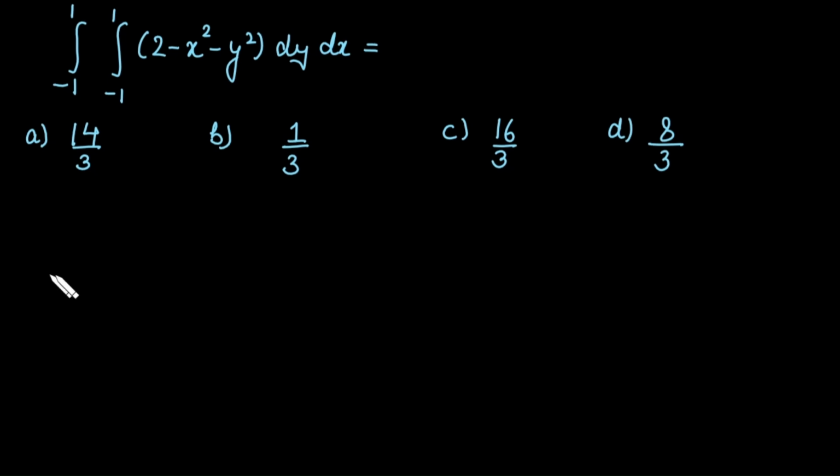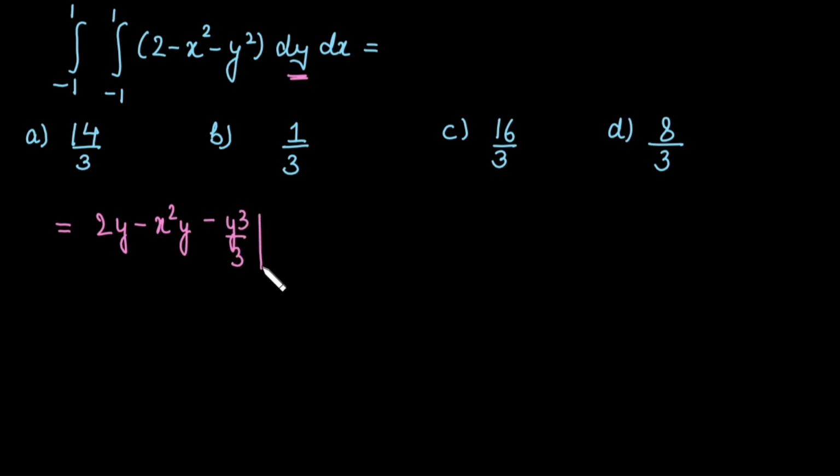Now how to evaluate this? Simply take integration with respect to y. Constant की integration क्या आएगी? Simply y. Even x square क्या है? Constant, because हम integration किसके respect में ले रहे हैं? y में. तो it means इसकी integration क्या आएगी? Again into y. So simply we have 2y minus x square into y minus y square integration is y cube